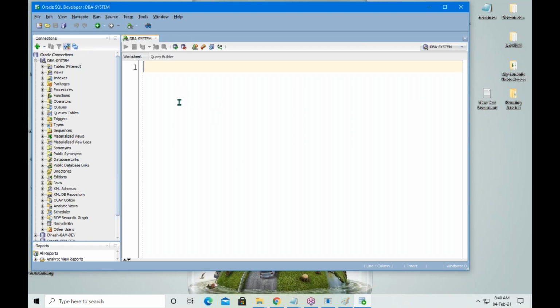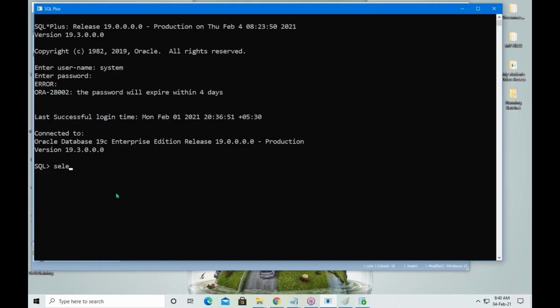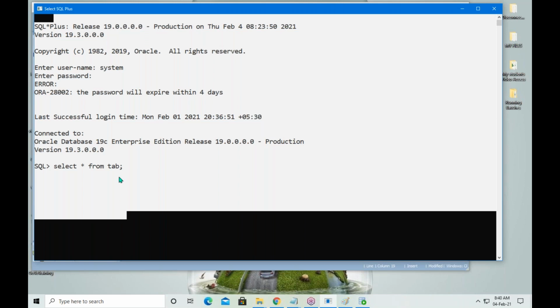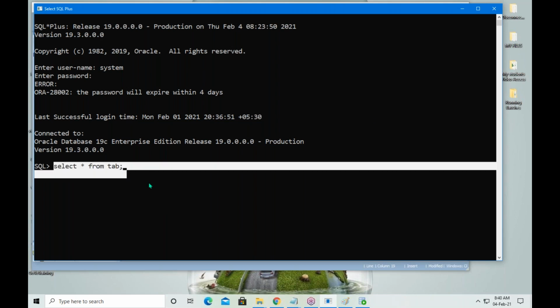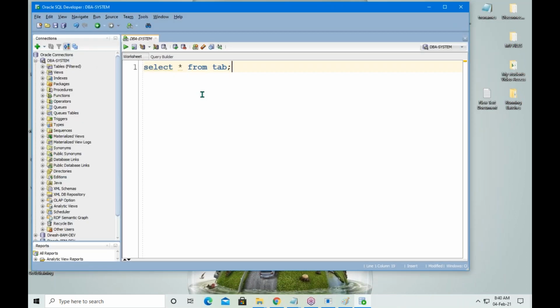Yes, see here, guys. In SQL Developer, we can type queries here. In SQL Plus, we can type queries here. See the difference. It's a pure command window. To get any information, you should use some command. But here, it's a graphical window.